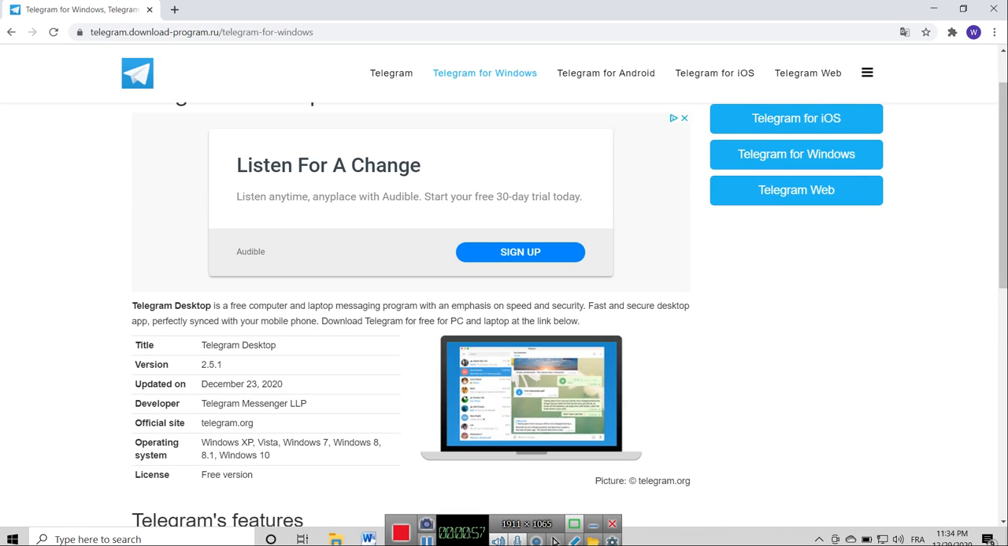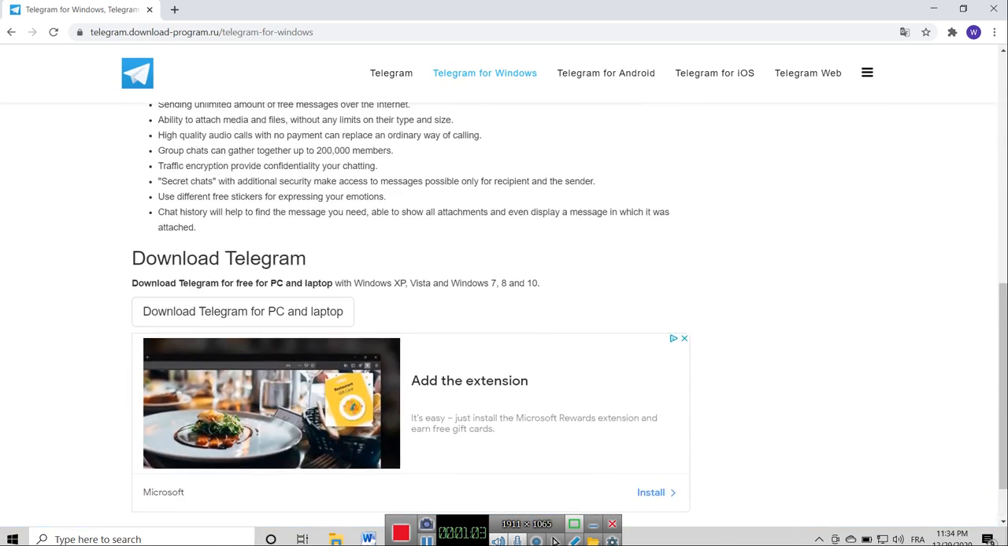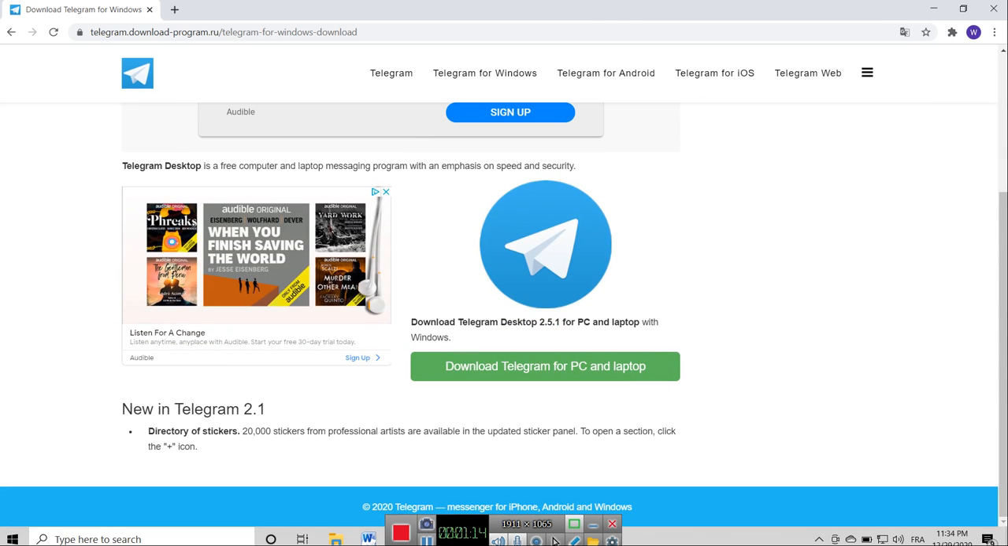Then you click on the X here, please. Then you go down to the download Telegram PC and laptop. Okay, so again you go to the green. In green it is written "download Telegram for PC and laptop." Click again on this link,